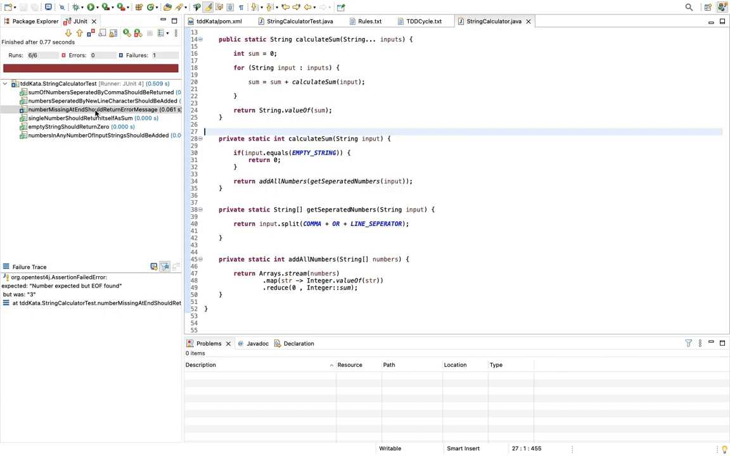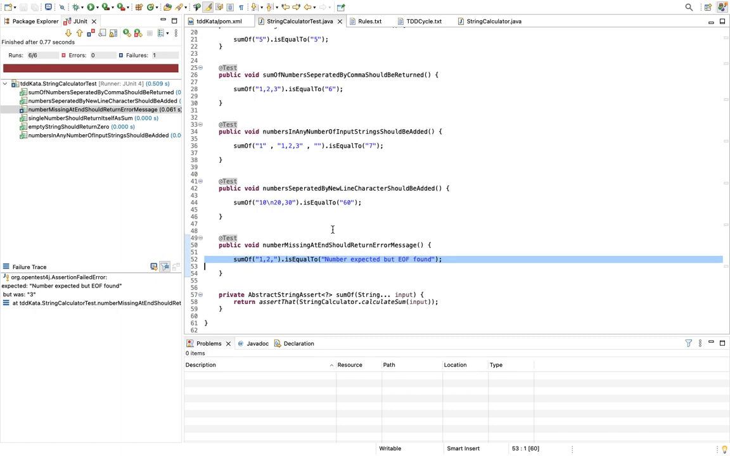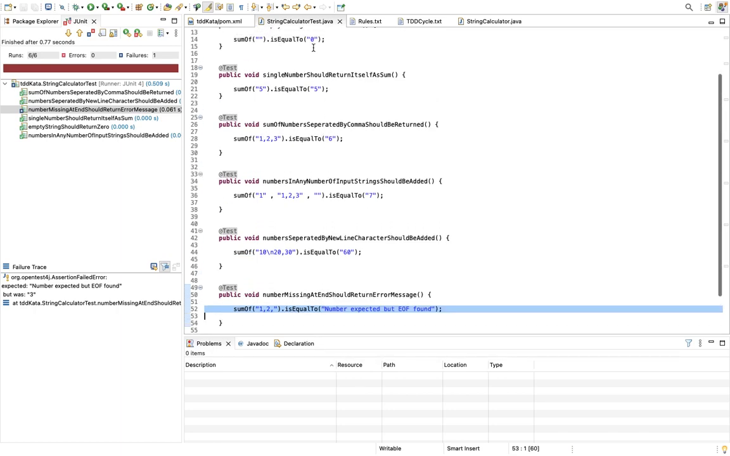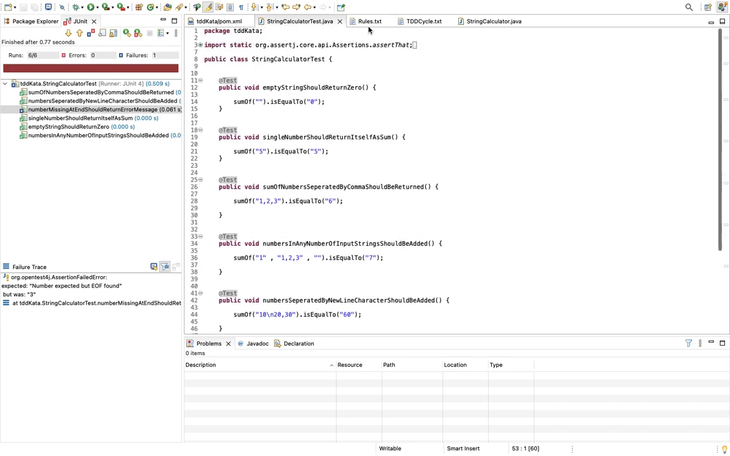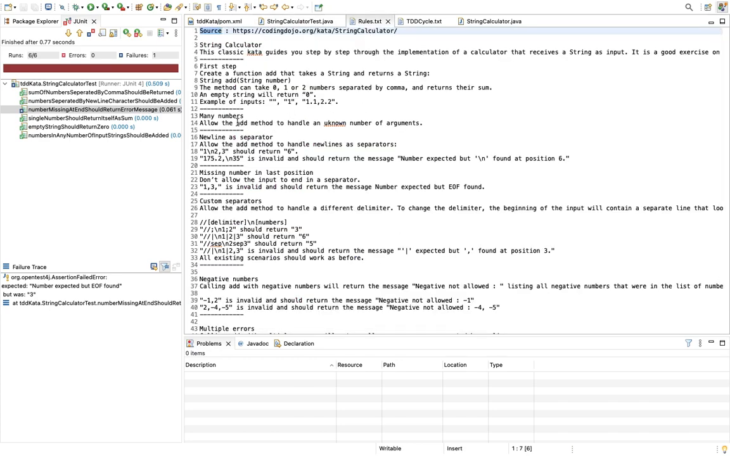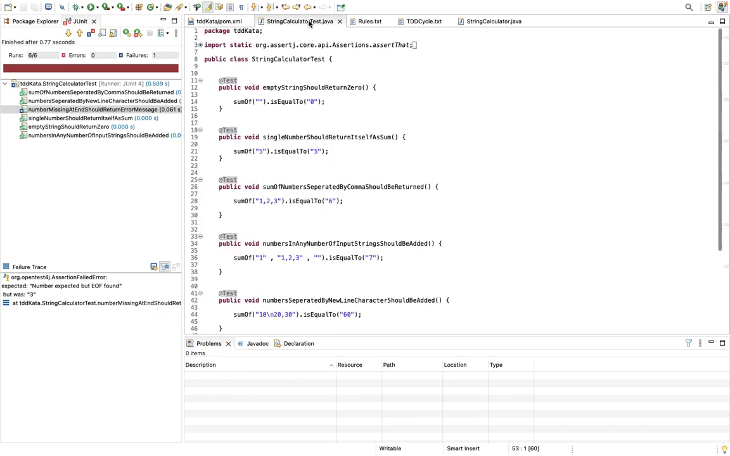We were failing at this test: number missing at end should return this message. Before this, I just want to correct something. I was going through this argument, this case, and it looks like this one is not that allow the add method to handle unknown number of arguments, where we did something like